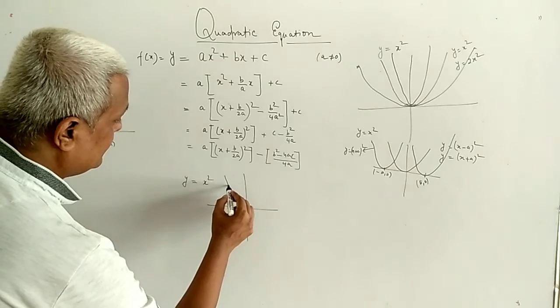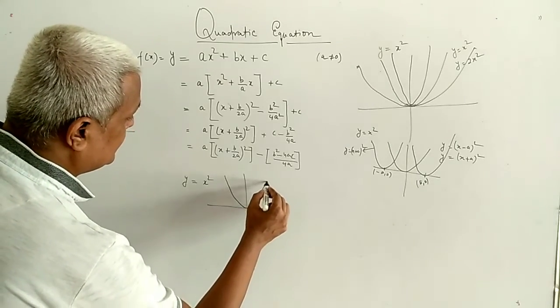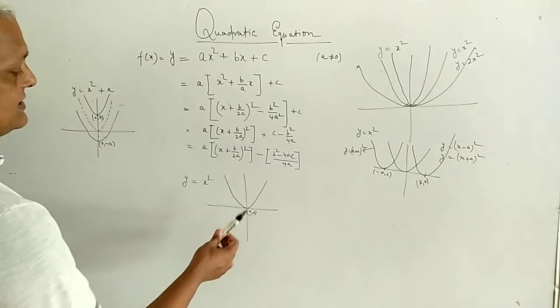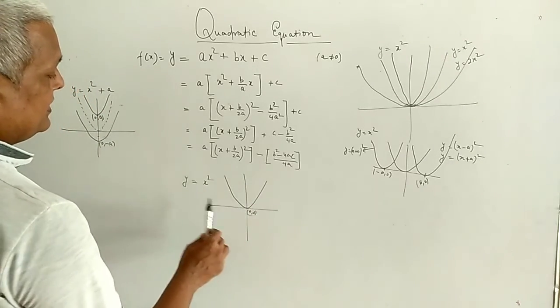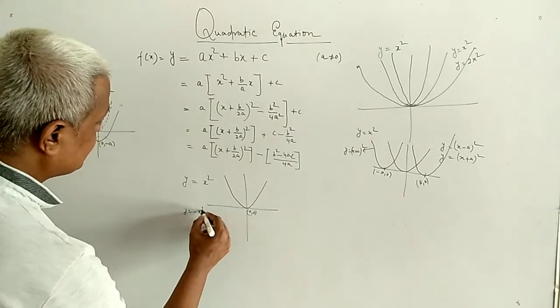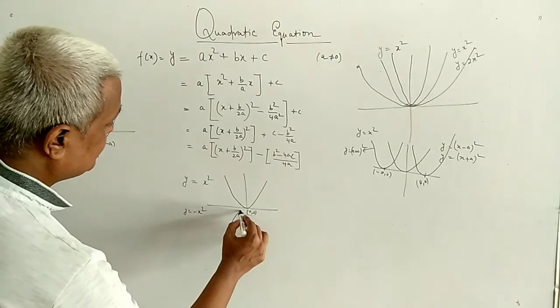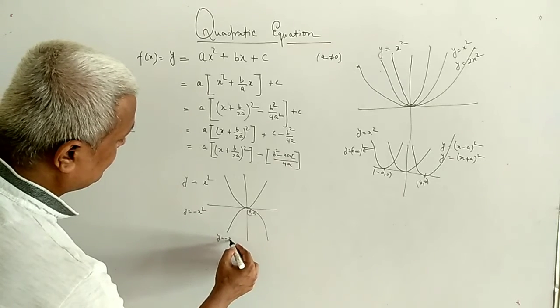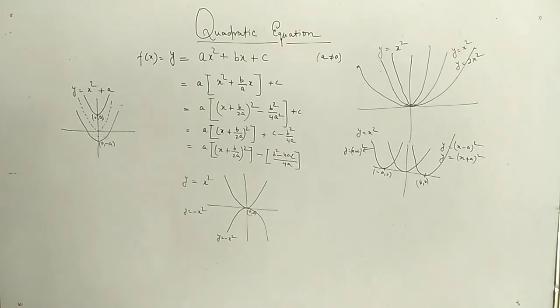This will be something like this. The vertex is at 0, 0. The y-axis is the axis of symmetry. But if you have y equal to minus x square, then the graph will simply flip. So this is y equal to minus x square. So this is how it goes, and now I need to clean my screen so that I can discuss the